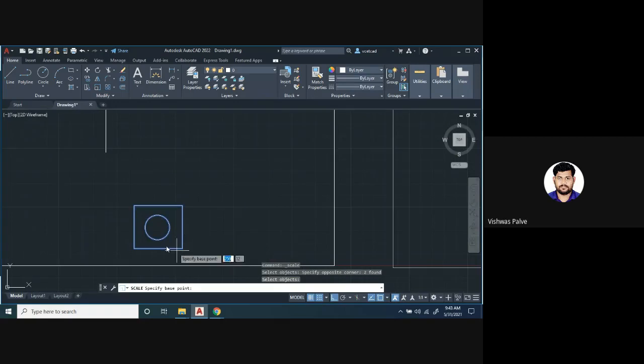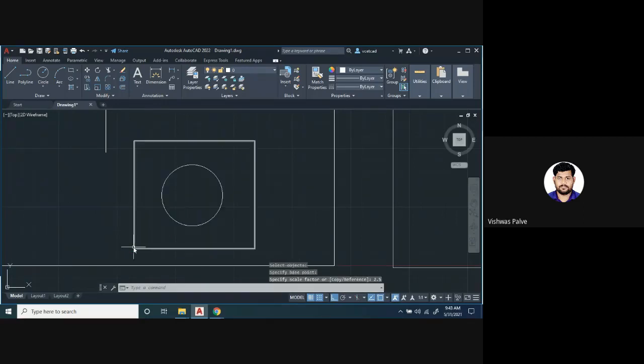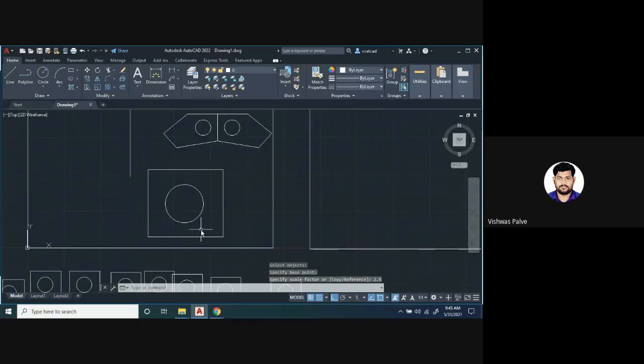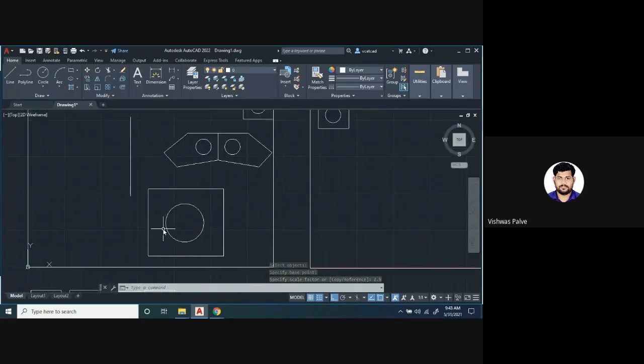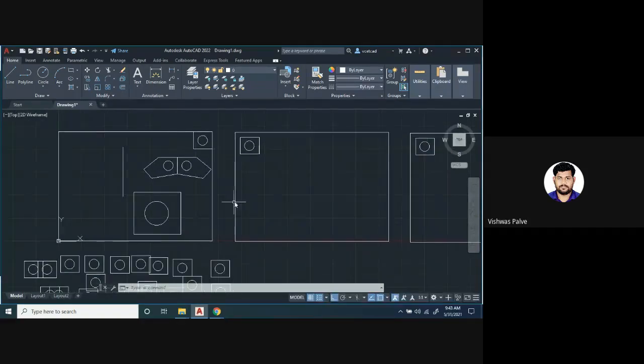So let us specify this as a base point. Then after selecting the base point, it will say specify the scale factor. So I'll say I want to make it 2.5 times bigger. Are you getting it? What is the scaling option? We can enlarge this object.